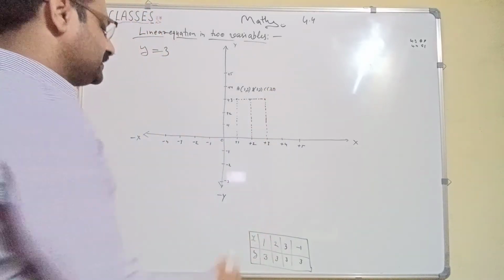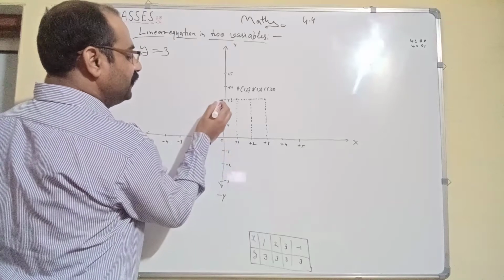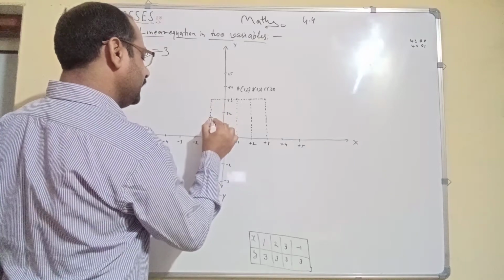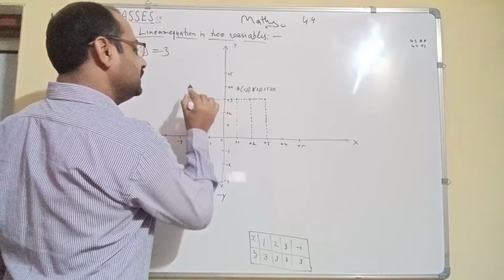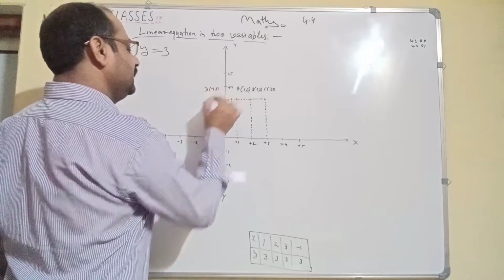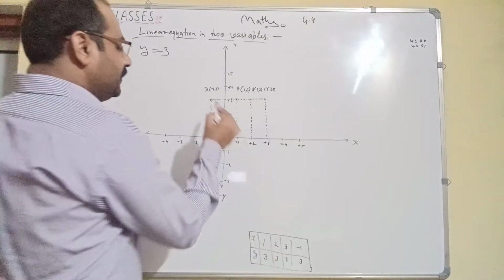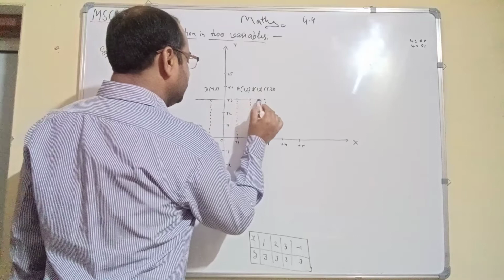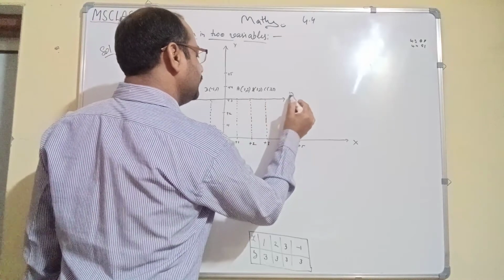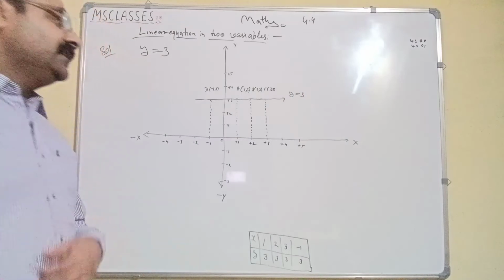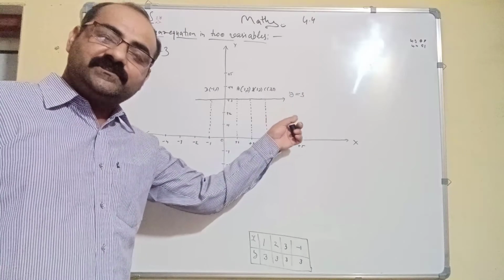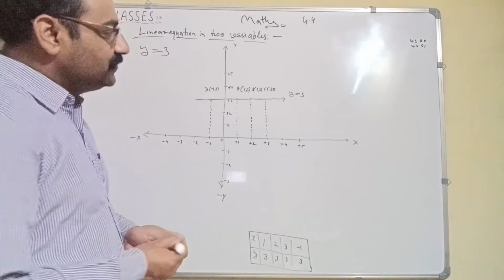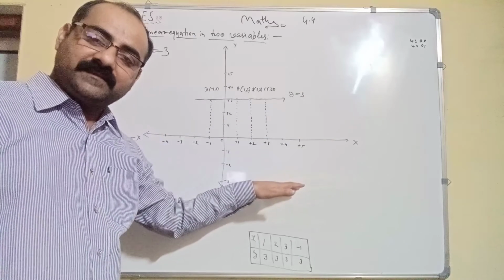Now our next point is minus 1. This is x minus 1 and value of y is 3. Right? So this is the point where two perpendiculars meet. This is D, minus 1 comma 3. So guys, you see, when we make a line passing through these points, this line represents the graph y is equal to 3. So this is the representation of y is equal to 3 as a two variable equation, right? So y is equal to 3 is every time parallel to the x-axis.